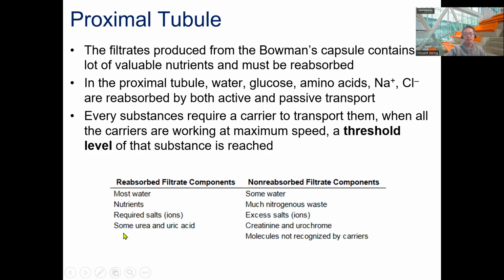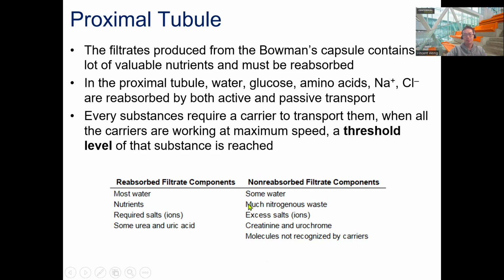And for a reason we're not going to go into, it sounds weird that we want to take some urea and uric acid back, but it's too complicated to explain. Okay, like we just did. It's like that ugly sweater. After you clean out the closet, you're like, oh, that sweater. I don't know why we want to keep it, but let's keep it. Let's put it back in the closet. So we're going to keep some of the urea and the uric acid, but these are the stuff that we're